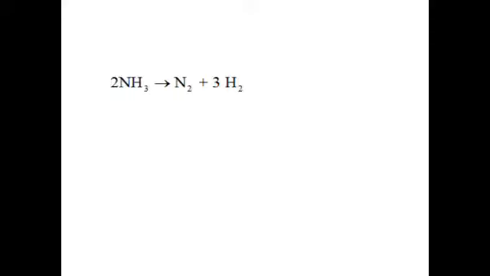Suppose now a reaction is given to you to write down the rate law, in this case the decomposition of ammonia to give 1 nitrogen and 3 hydrogen molecules. Since you now have knowledge of the rate, we can write down the rate for this reaction, and you know that rate is directly dependent on the concentration. So we could write rate is equal to K into concentration of ammonia, because rate is directly proportional to concentration of ammonia, but we have removed that proportionality sign by putting a constant, that is K.